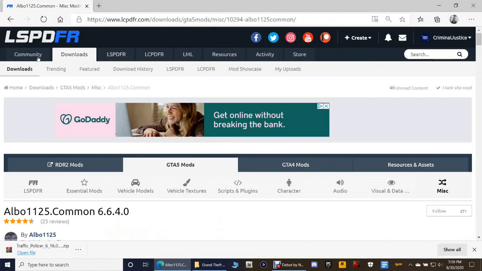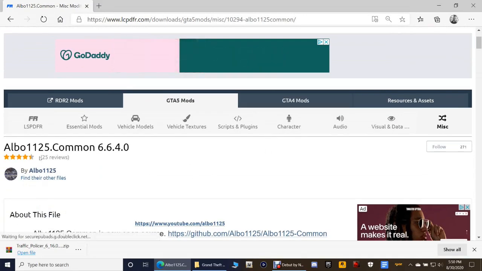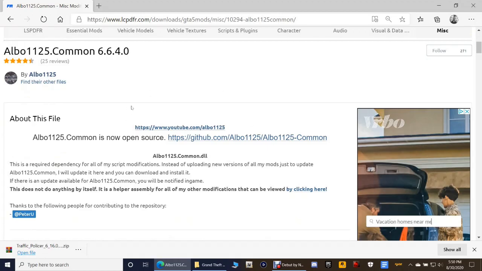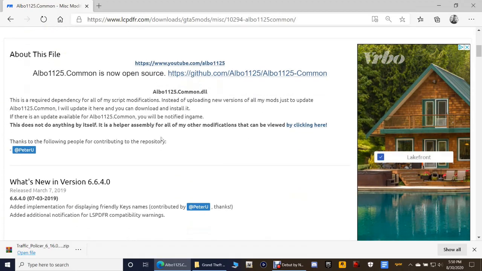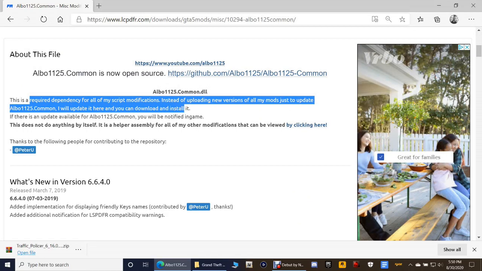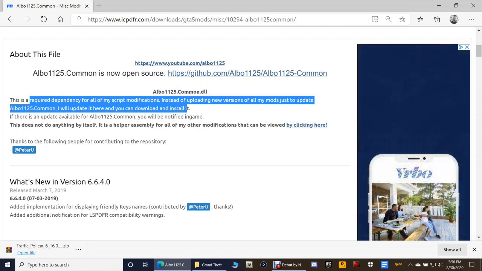All right, guys, on to the very last one. It's going to be albo1125.com and .dll. Now, the reason we have to have this, ladies and gentlemen, is because this is like a requirement, okay? It says right here, this is a required dependency for all of my script modifications. Instead of uploading newer versions of all my mods, just to update